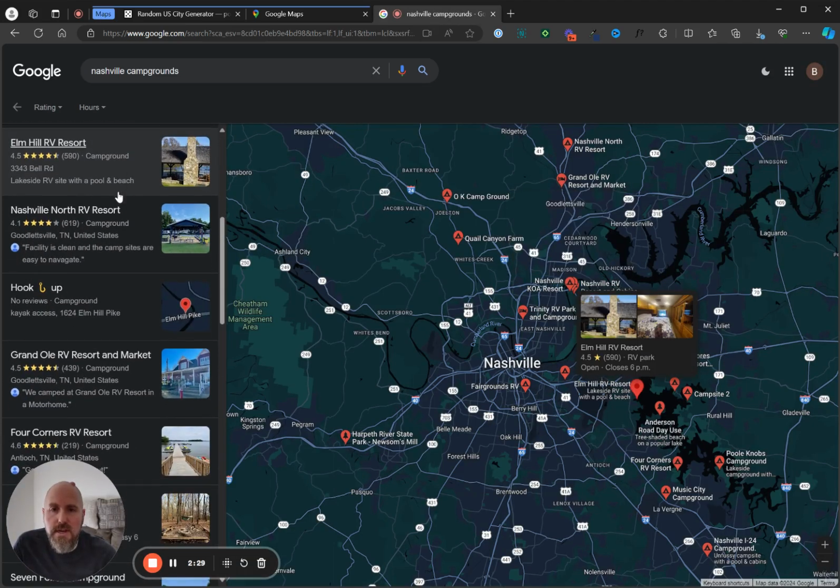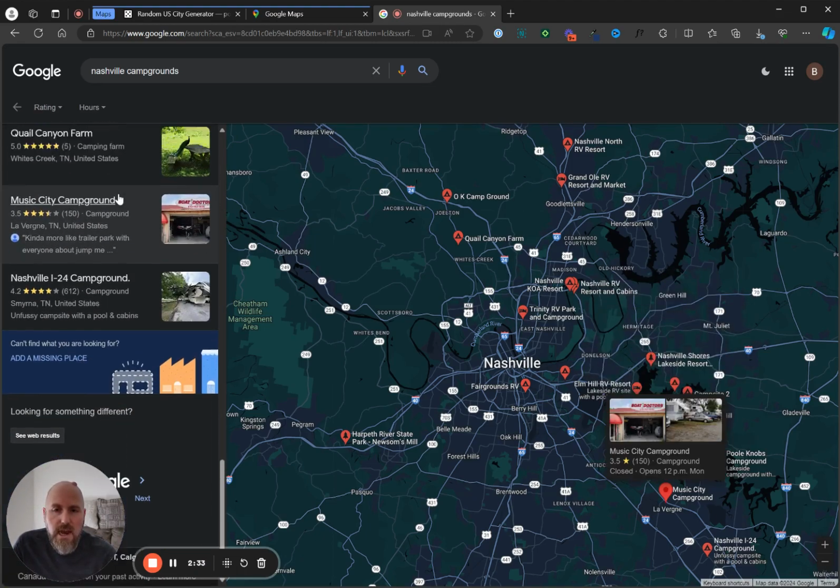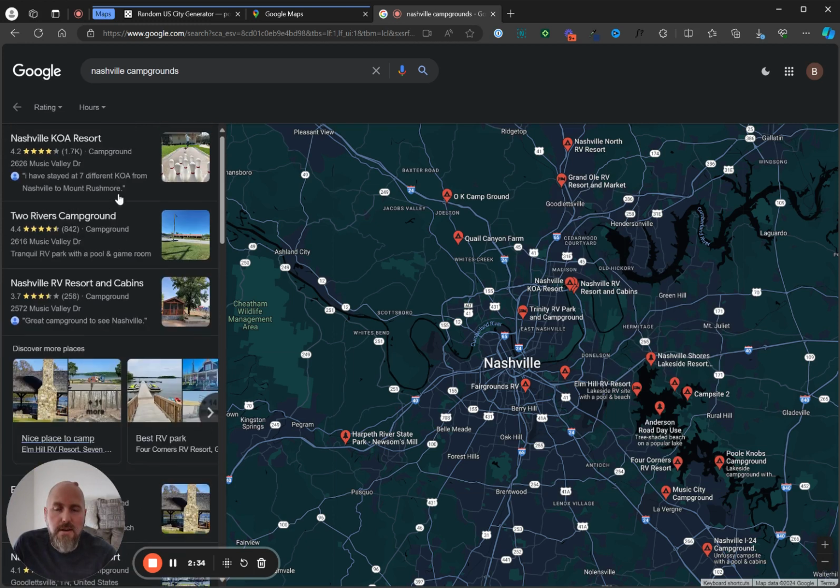1, 2, 3, and you can see there are a lot of other businesses underneath here that would love to be in that top 3 of the map pack because they want to have business when people come to Nashville, Tennessee to go camping. So, and again, let me be clear,